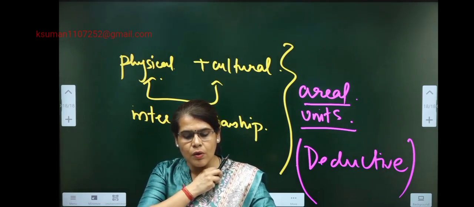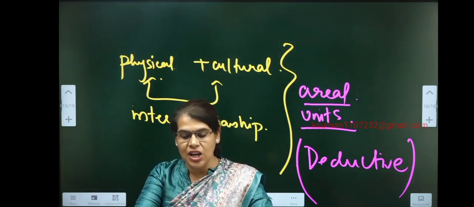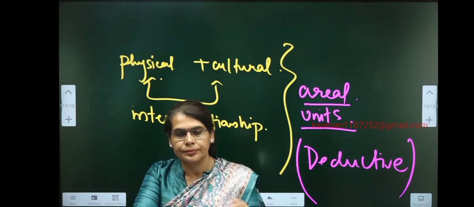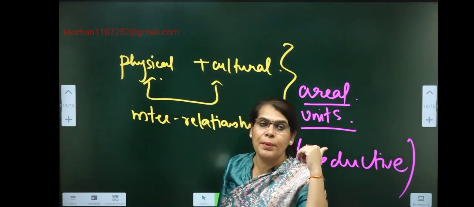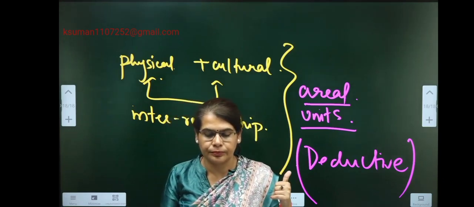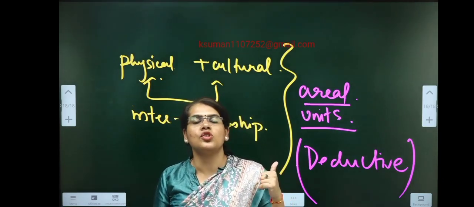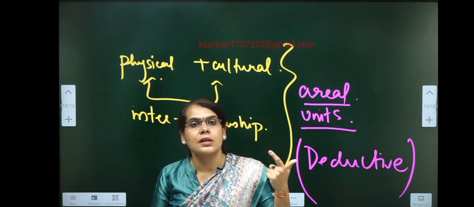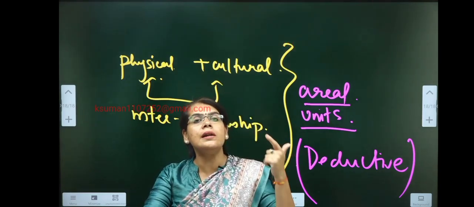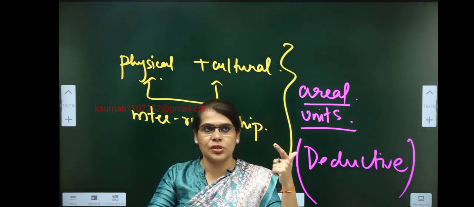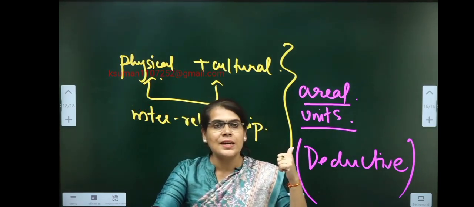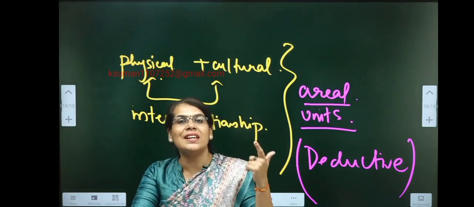Ritter talks about the major geographical concepts, which are first, the observations must be empirical. So empirical approach. Second, his emphasis on areal units. So that is regional approach. Okay, first is empirical approach. Second is study of areal